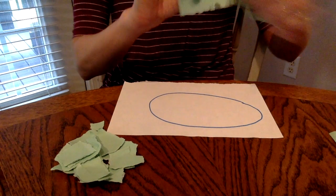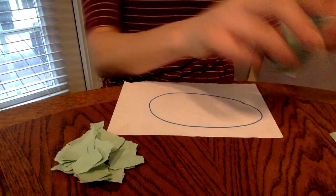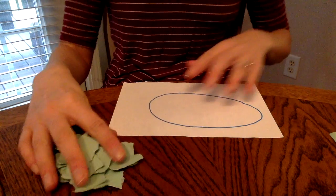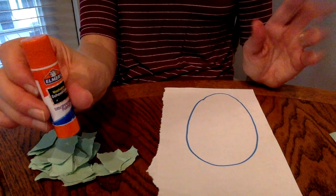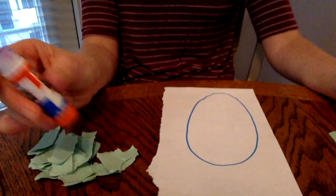So practice tearing that paper. On my Tuesday tip of the day, I've been focusing on fine motor skills like gluing and cutting, pencil grips, that sort of thing. So I hope you'll check those out. Then take a glue stick. Glue sticks are really good for decreased strength. This one is purple, which gives a nice visual contrast,